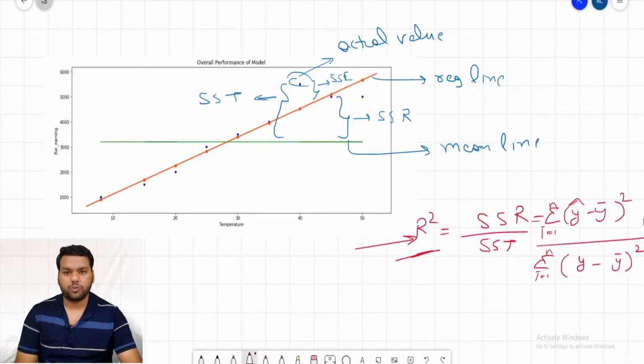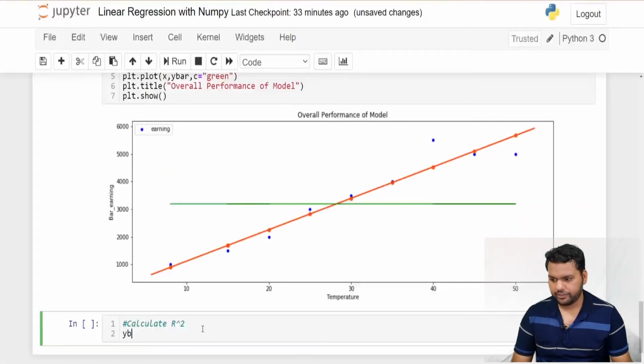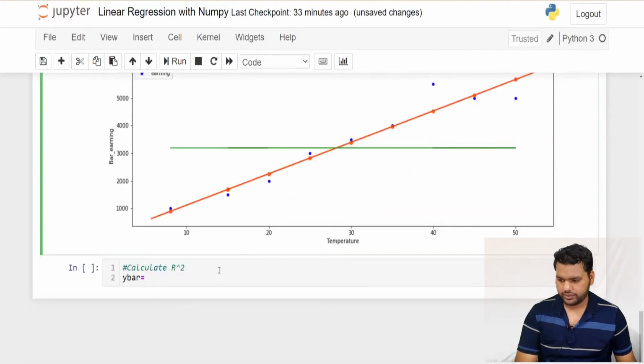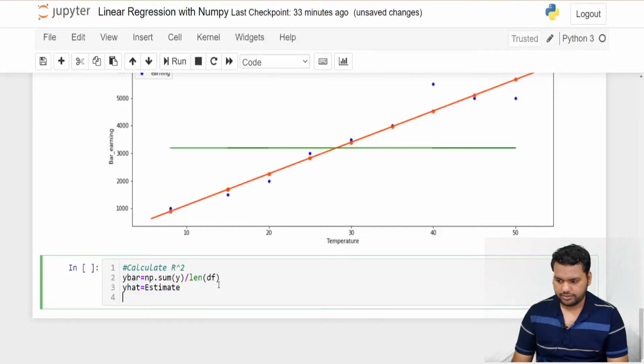Now we see how we can calculate it in Python. For that we need y bar, we already have, so just taking from here. We need the y estimate, y hat, because we define estimate with hat, so y hat is the estimate we already have. Then the actual y is there.